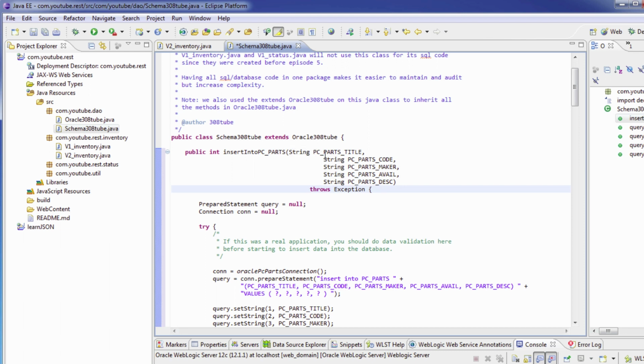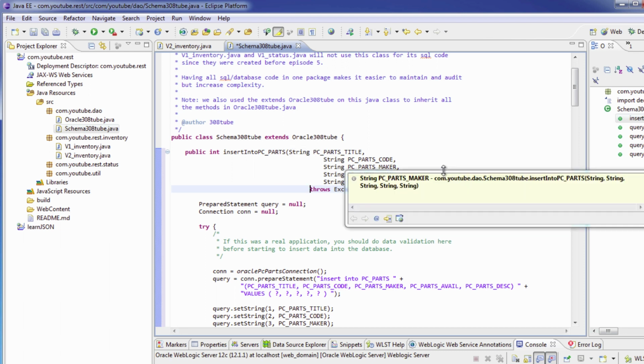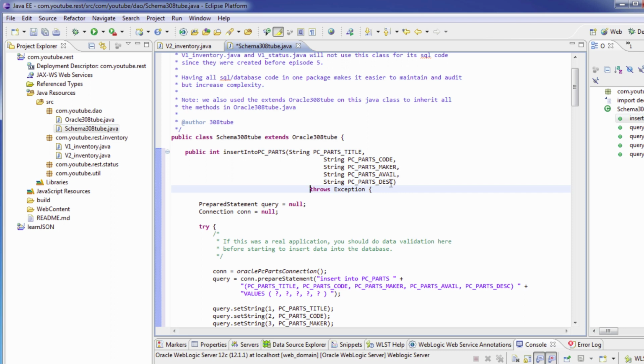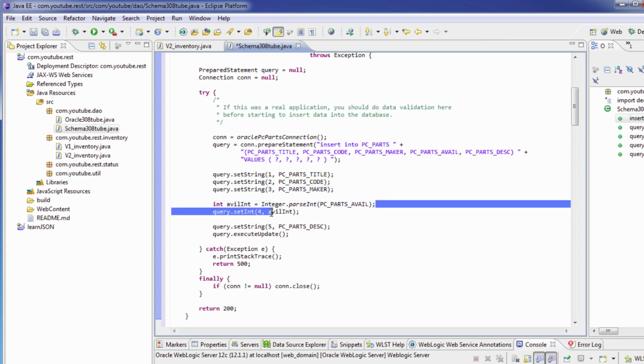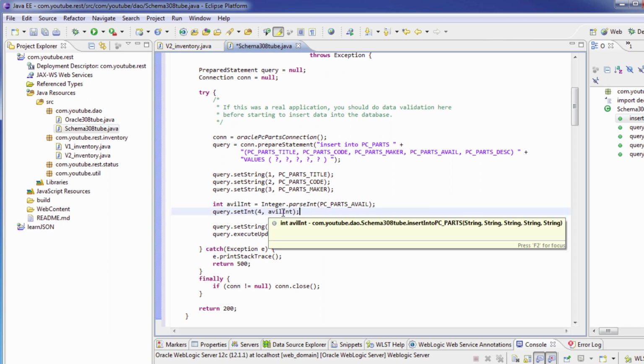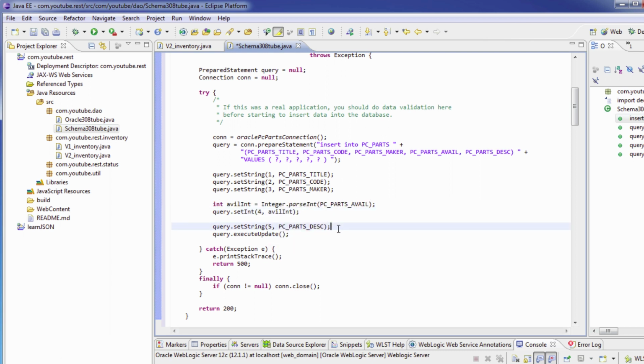So we're passing in title, code, maker, available, and also description. Down here, it looks very similar to when we're getting data. We're going to create our connection, except this time in our SQL statement, we're actually going to write an insert. And then we're going to do our query parameters again. In this particular one, we actually have to convert the string variable to an integer. So that's what we're doing here, and then we're going to finish up, and this time we're going to do